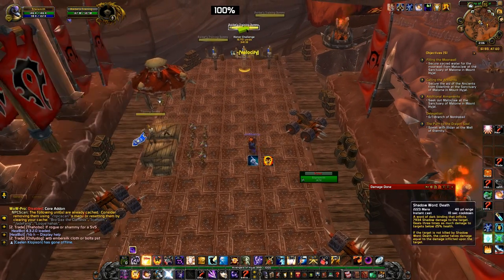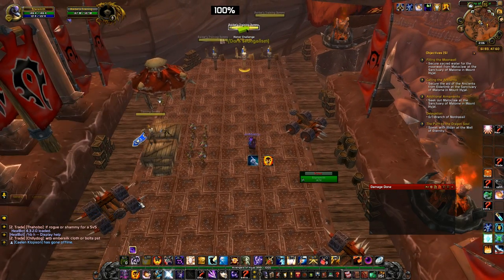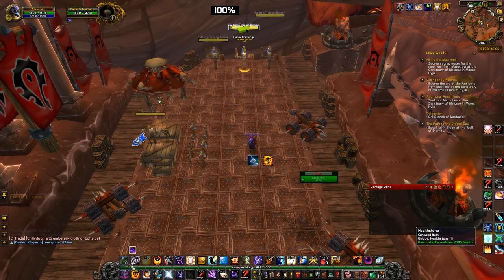So, after you've Mind Flayed 2 times, you will pop Archangel. And then you will pop your Shadowfiend. I have mine in a cast sequence. The reason I have it in a cast sequence is I'm lazy and I don't like to push a lot of buttons, so I have it on numlock